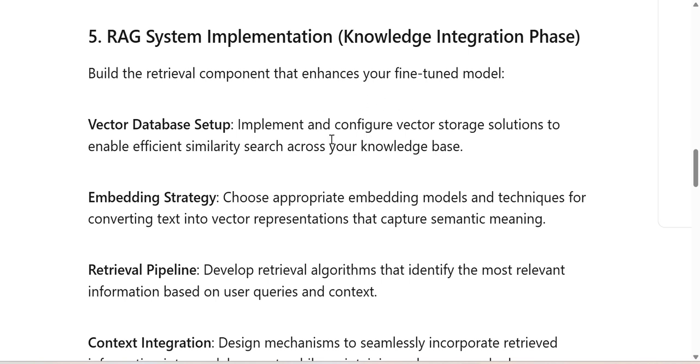So vector database setup: implement and configure a vector storage solution to enable efficient similarity search over your knowledge base. The vector database is important to get the data in real time, and also we can get the up-to-date data. So it will help us to search the data accurately. Then the embedding strategy,